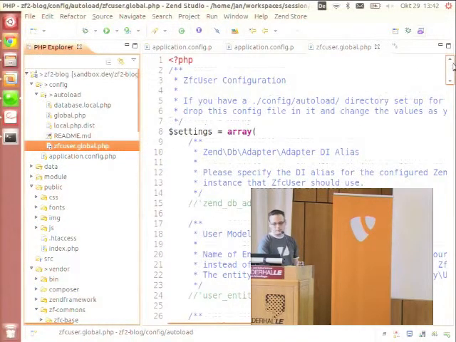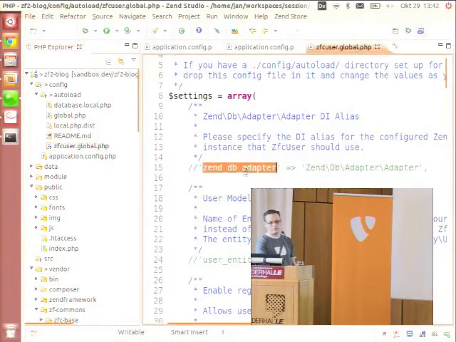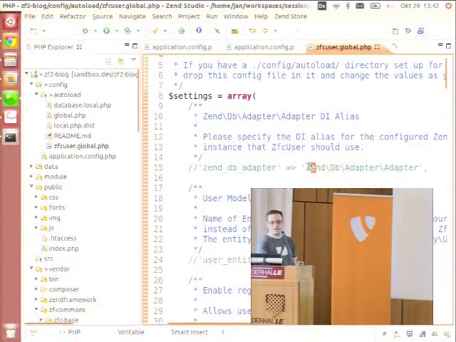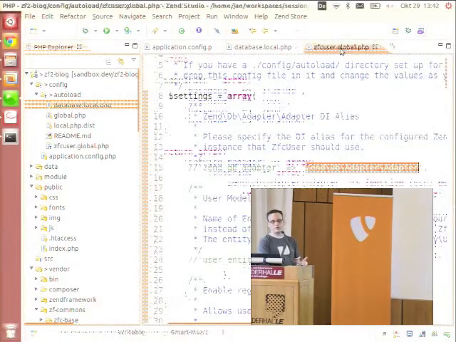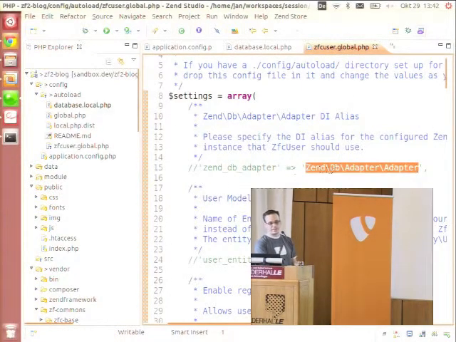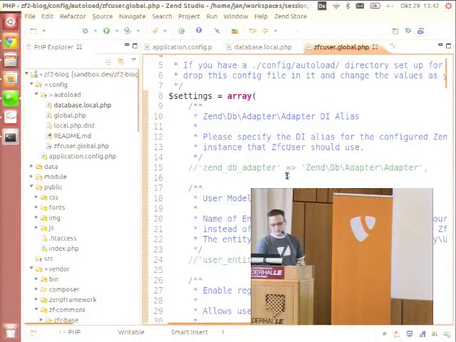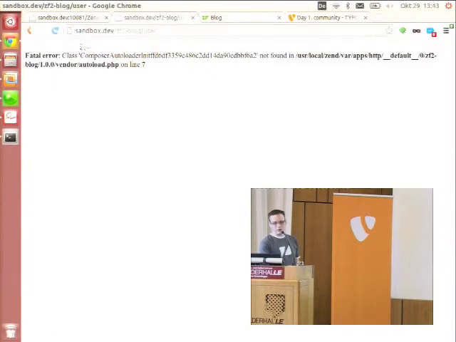and we can also have a look in it. Actually, we're using all the defaults, but here you can specify, for example, the adapter. And remember that what we have done in the configuration, we have specified the ZendDB adapter. So if I go back to the database local, here, ZendDB adapter. This is available thanks to the service manager. So also ZFC user global.php can access this database adapter. I do not have to remove these lines because it will use this also as default, although I can remove it. And now hopefully,